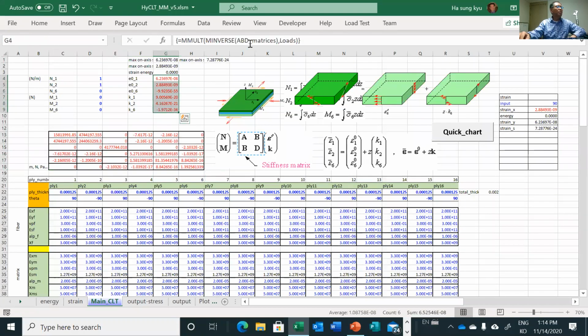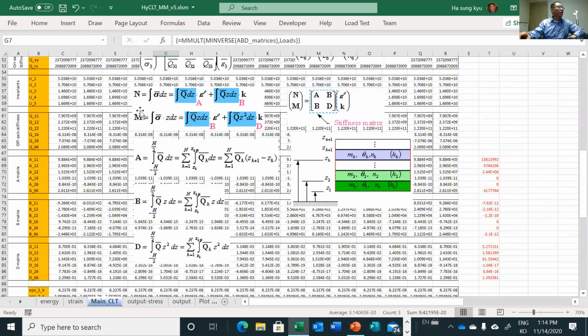As you can see, what is the ABD matrix? This is the ABD matrix, and the load is the 3 N and 3 M, and we just invert and then multiply. Then we can easily get the 3-component in-plane strain and curvature, right? Now, once we have that one,